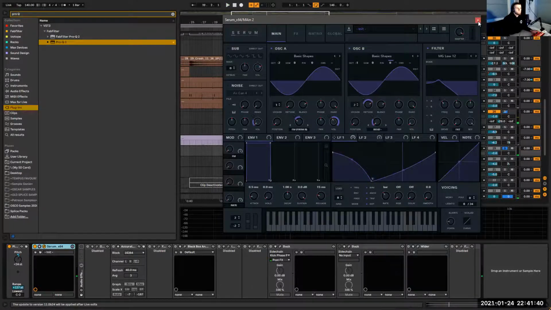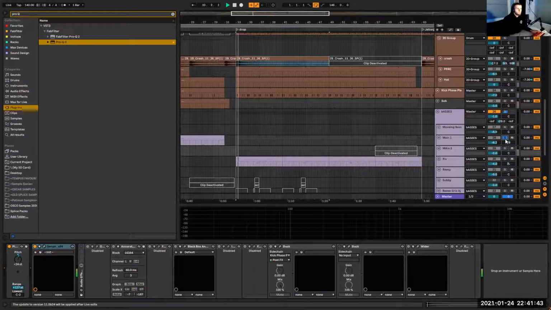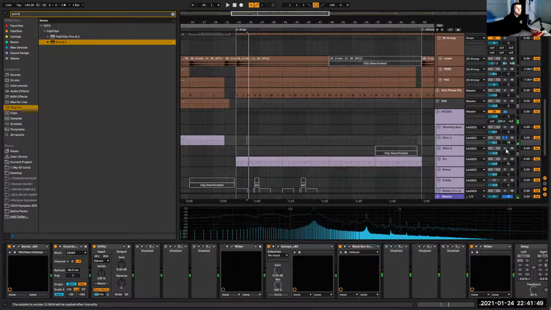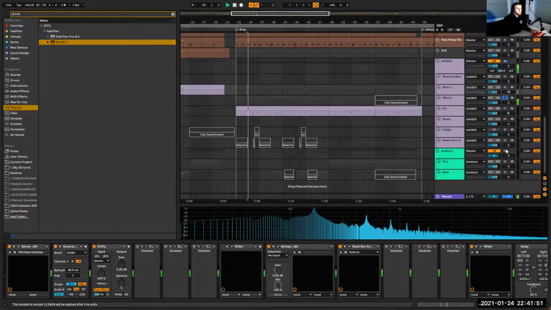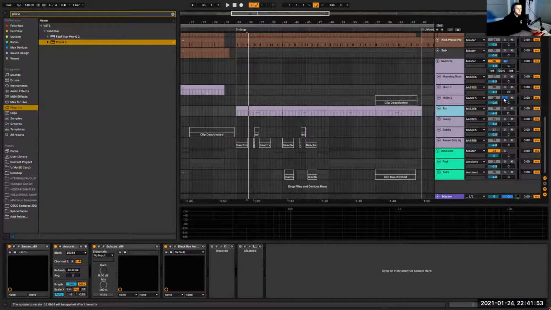Okay, normally, oh, you've got a sub underneath this, haven't you? Oh no, do you not have a sub underneath this? Is this just the basses? Okay, because normally